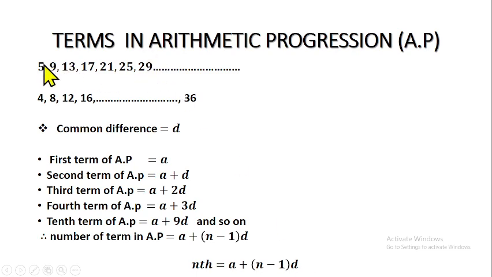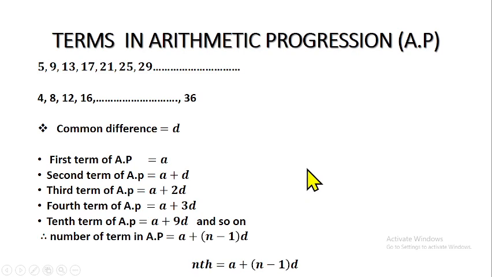Like this one now, this is 1, 2, 3, 4, 5, 6, 7. We stop at 7. Imagine the question asks you to find the 20th term of this sequence. You don't need to continue adding 4 to get to the 20th term. You can just use the formula. That will be A plus 19D. Your A will be 5 plus 19 times the common difference, which is 4. Simplify that, and it will give you the answer you're going to meet there. Do you understand that?